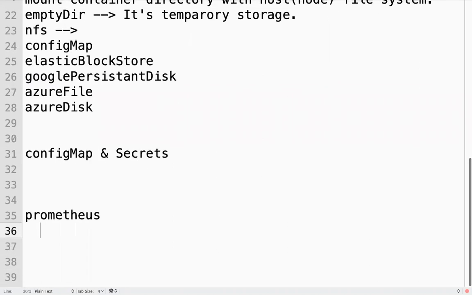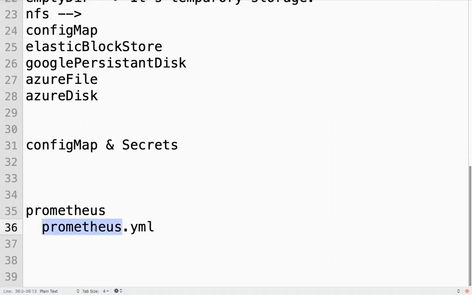Prometheus is one application which will monitor your servers, Kubernetes cluster. So for Prometheus, you need to pass some settings. It will use a prometheus.yml file.